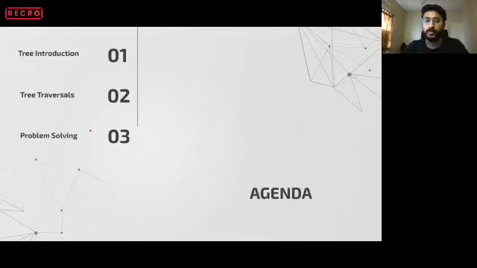Today we are not targeting any advanced topic on trees. There are so many things you can do with trees, but this session is meant for beginners. We are planning to have a series on data structure topics, so this is the very first session on trees. The next session can be an advanced session on trees.